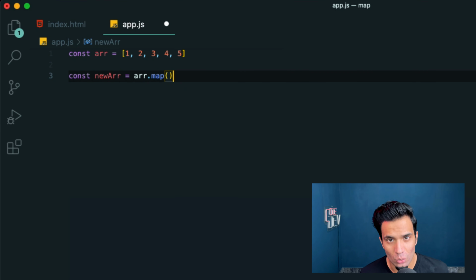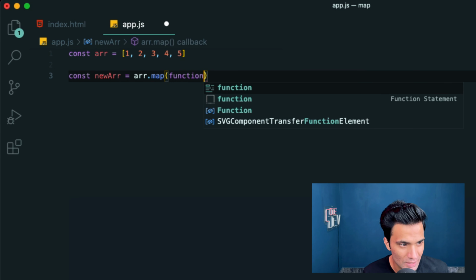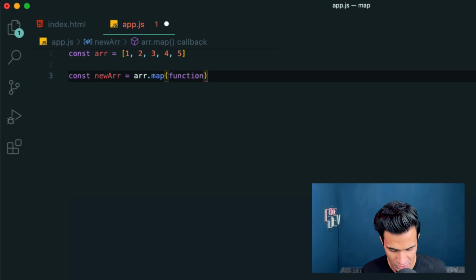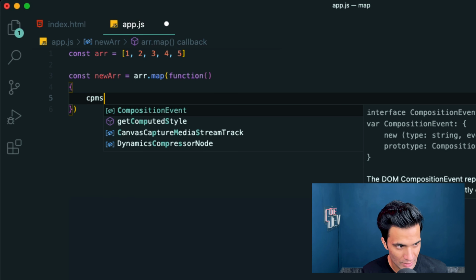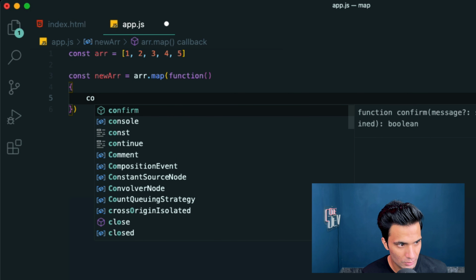Now the question is, what parameter does it take? The map method only takes one parameter, and that is a function. You cannot pass it an integer or array. You need to pass it one function. So let me write a simple callback function here, and let's open that up. So there we have a very simple function, and for now you can do anything here, but I will simply say console log,